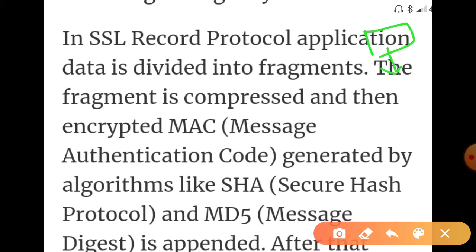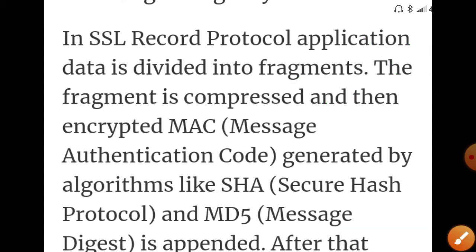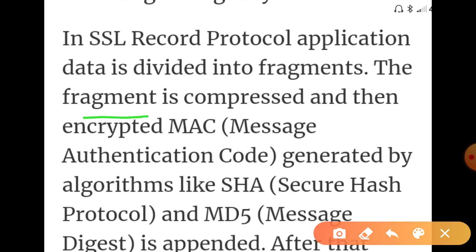Once the data reaches the transport layer, the SSL record protocol divides the data into fragments of 2 power 14 bytes block size. After the fragmentation, the fragment is compressed using a hashing algorithm.